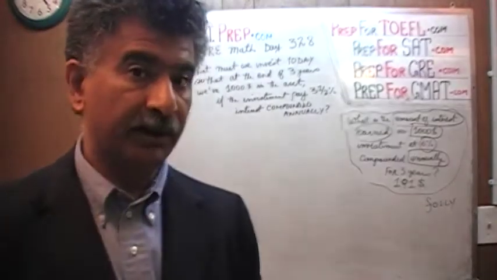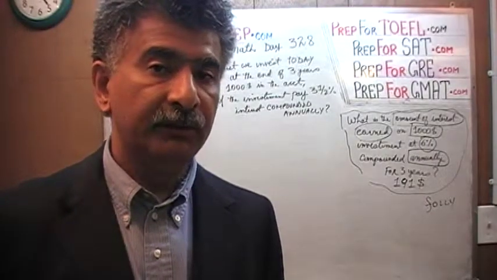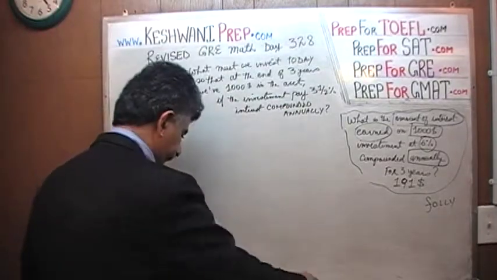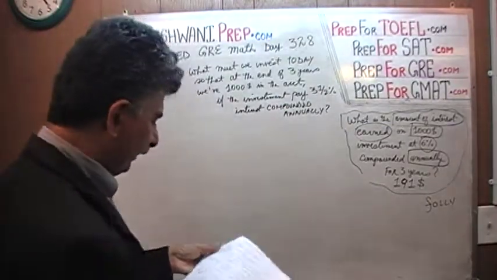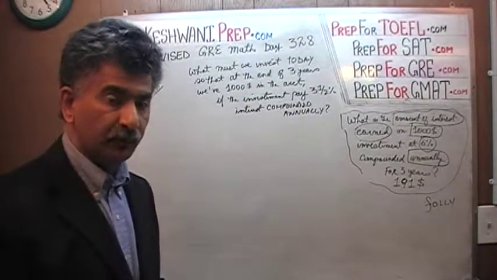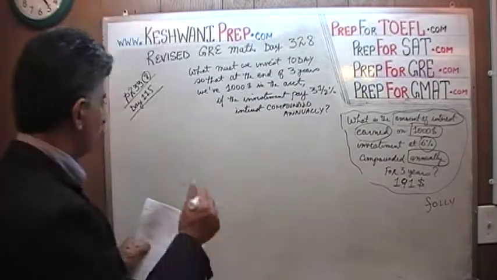So that's the unknown here. The unknown here is not the amount of interest we're going to earn. The unknown here is, what do I need to invest today? Let's find out, shall we? Let's give that unknown variable a name so that we can talk about it, so that we can maneuver it and handle it. Okay? Let's call that unknown